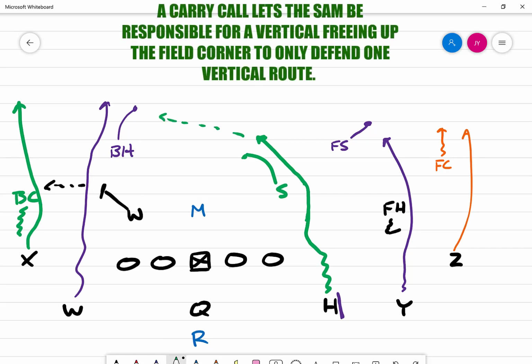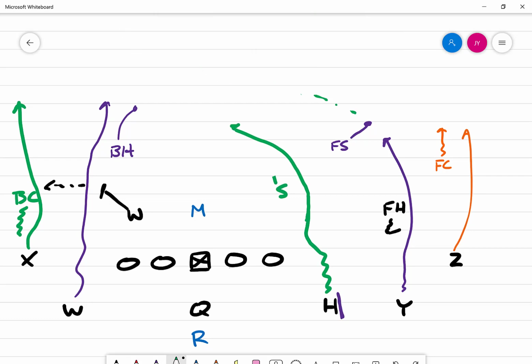the boundary half if this route really works its way over into the boundary, or if this route really gets skinny up the middle of the field, our free safety could help us a little bit vertically on that. But ultimately, if we get your traditional post seam concept to the field, our Sam is going to run with and cancel out that post. Our free has no responsibility to the post except for late help. He's going to take away 2 in the seam, allowing the field corner to stay out and take away number 1 vertically and be heavy there on the comeback and even be in a good position to play the dig